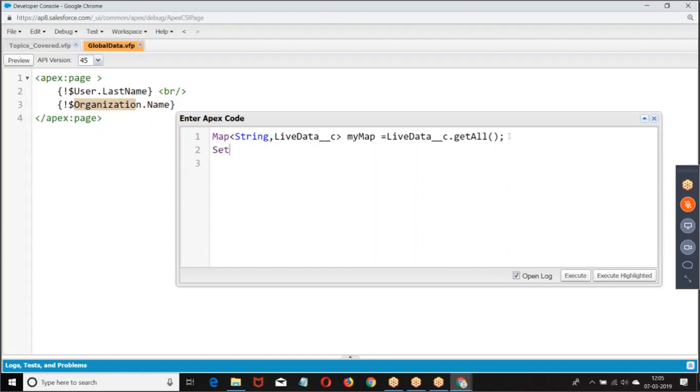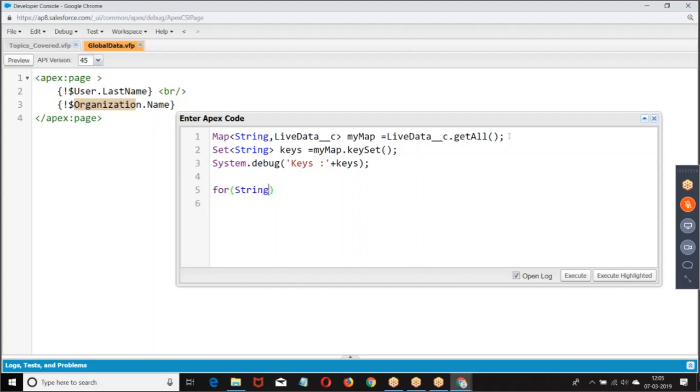Then how do you get the value? Set of keys. In the map, if you know the key, we can get the value.